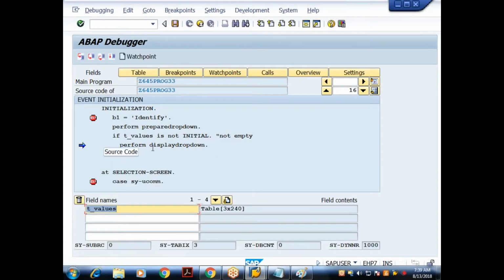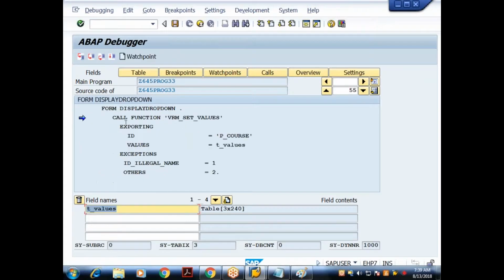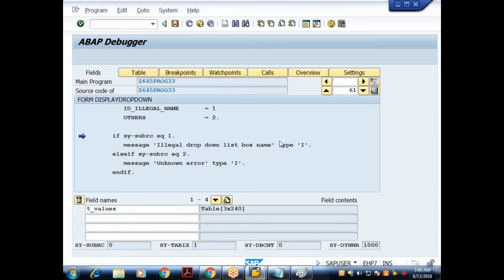If it is not initial, I am calling the subroutine fi. I am calling the function module. If I say F5 now, control jumps to the definition of this function module. There is no meaning in debugging the logic of this function module. It is already developed by SAP. Our job is only to call. How they have written it is out of our discussion. Understood? I don't want to debug this function module logic, so I want to skip it. How do you skip it? F6. Done.